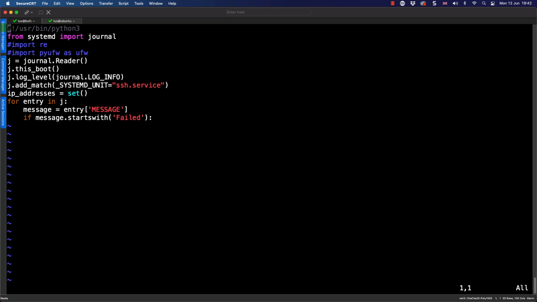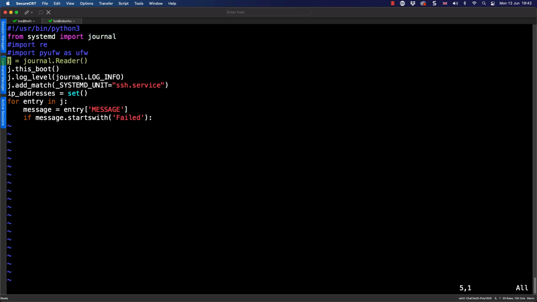Moving up to the top, we've got our normal shebang, which is specifying the script interpreter. Now, we don't need to really worry with this because we can be running it with the Python command itself because we need to elevate our privileges to work both with the journal and the UFW later. But it's good documentation. Then we're going through to our systemd module. I don't have to worry about installing this module. It comes with the system. And we're importing from the module. Rather than working with the whole systemd module, we only need to work with the journal side of it. So you can see then that we're just bringing in our journal.